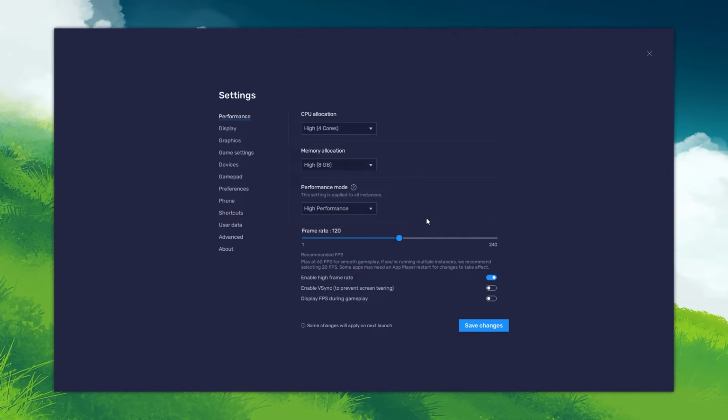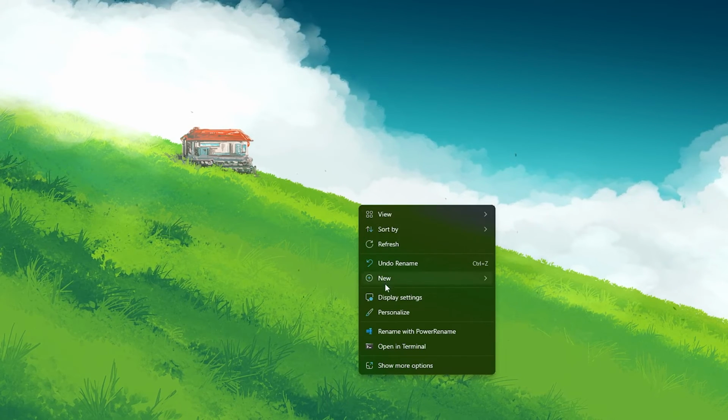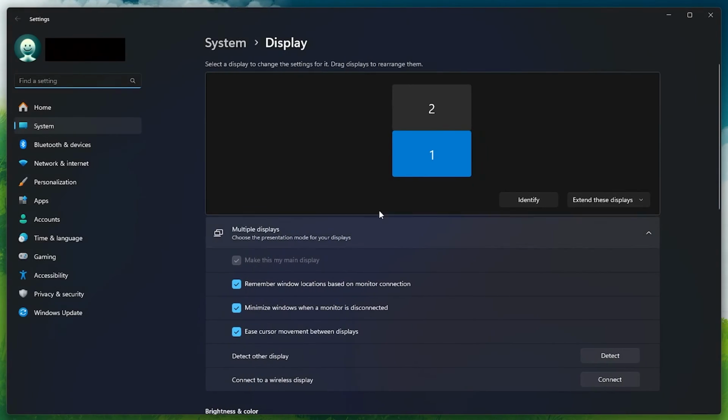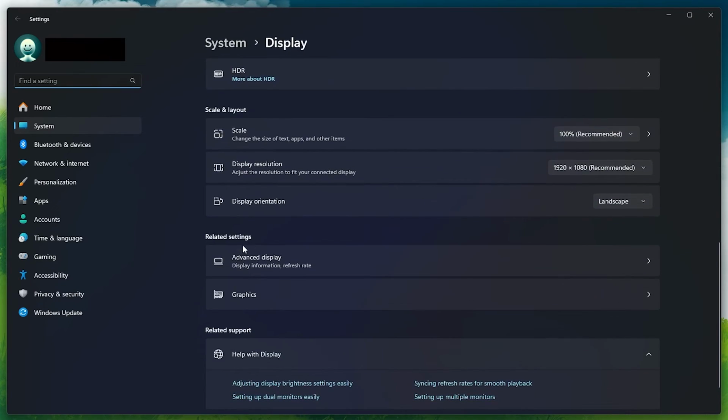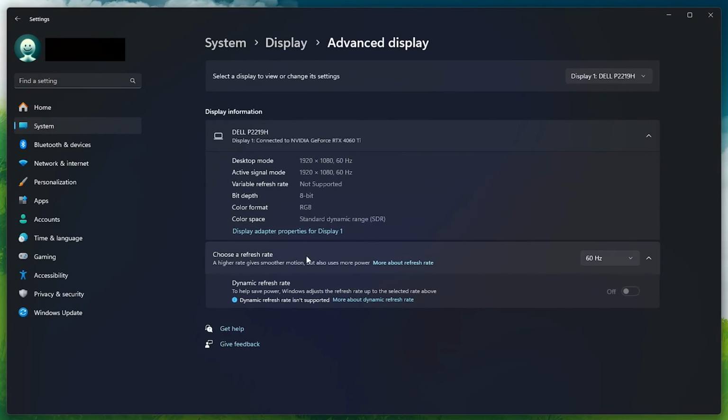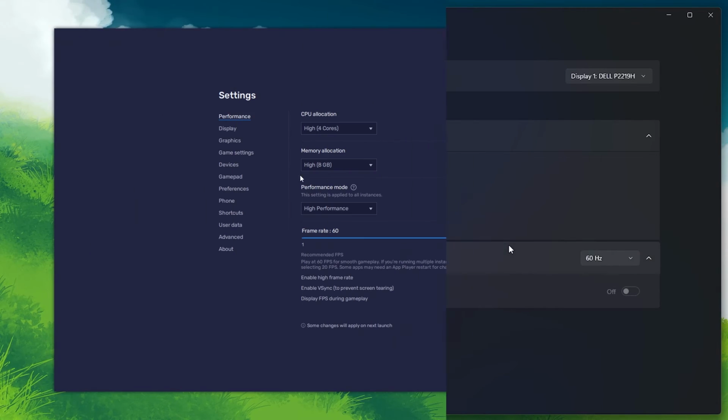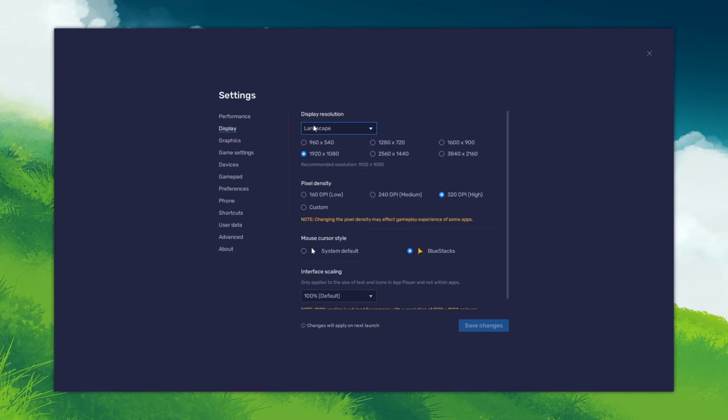refresh rate. If you need more clarification on your refresh rate, right-click your desktop and select Display Settings. From here, make sure that the correct display is selected. Scroll down and click on Advanced Display. This will allow you to preview your refresh rate and change it. Back on the Display Settings page, set the display orientation to Landscape and choose a fitting resolution to play Stickman